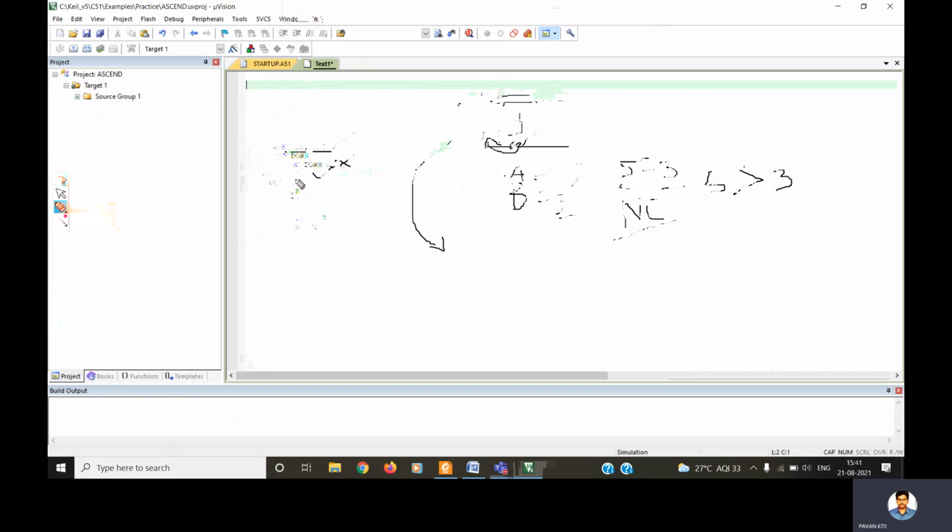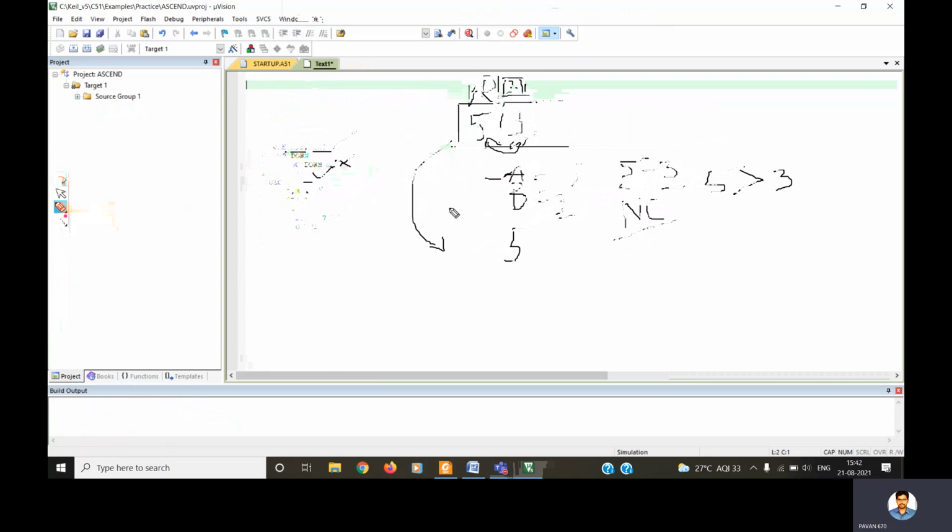First of all, move @R1, A. That means in this location where R1 is pointing, the 31H location, 5 will be loaded from the accumulator register, which we already have. Then decrement R1, because in this location the value has to be loaded. So R1 gets decremented, becomes 30, and now refers to this location. At this time, move A, B.